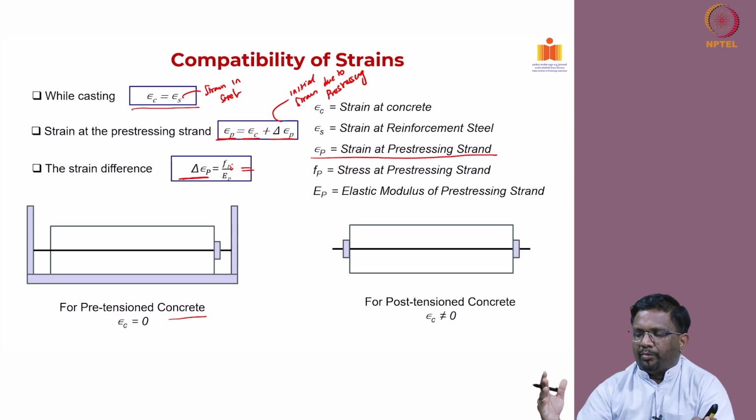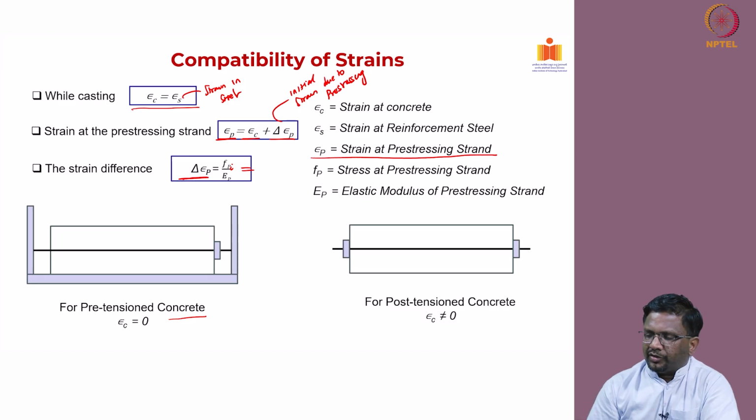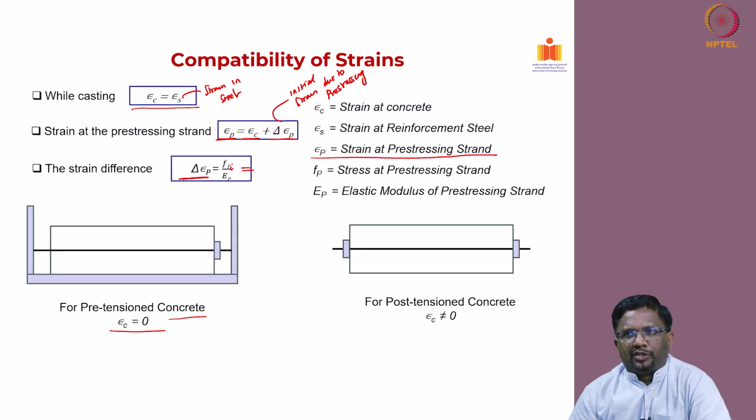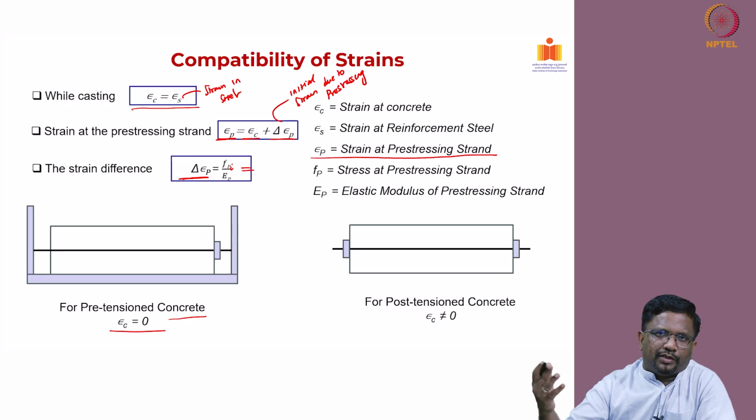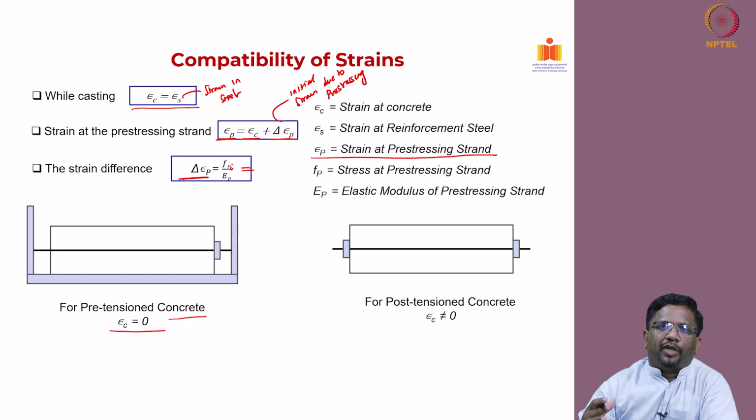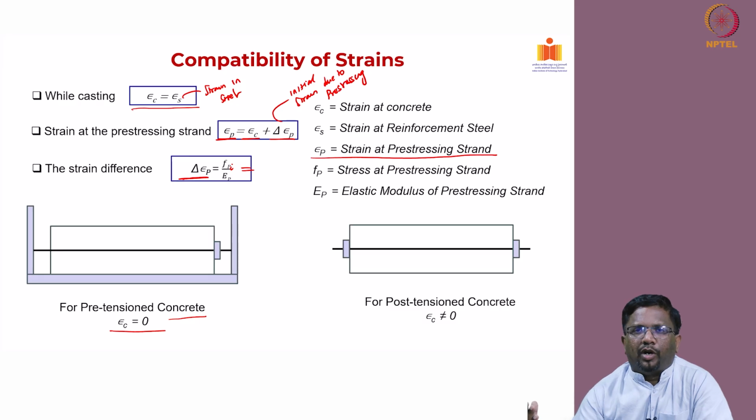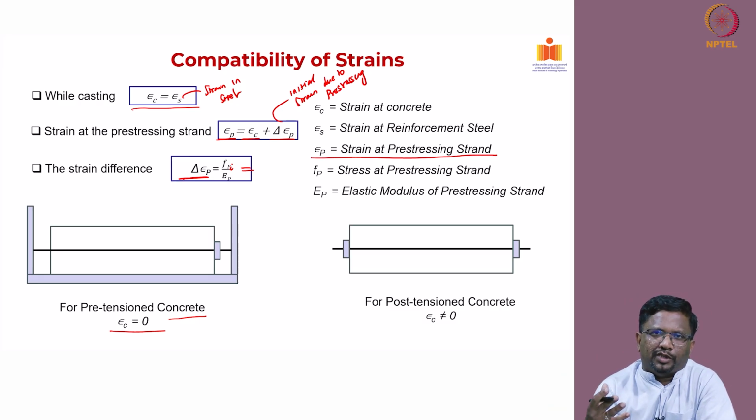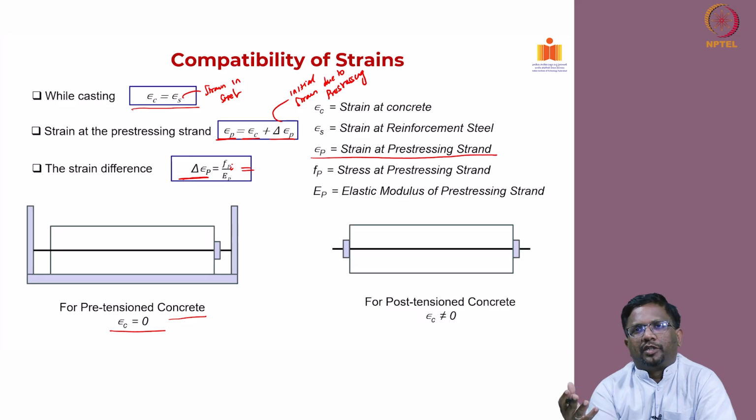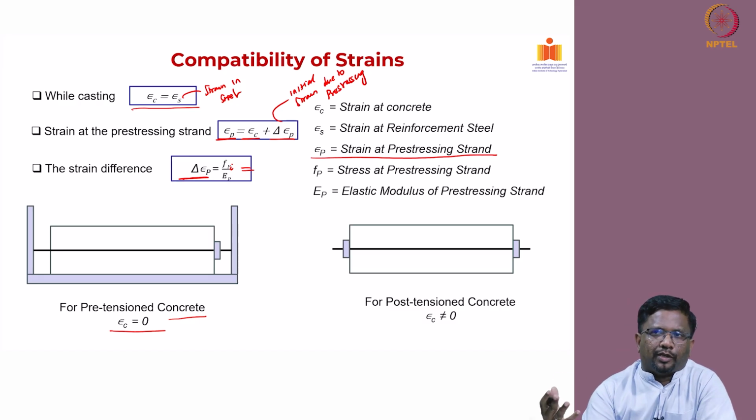So, at that time both of them undergo the same strain when you transfer the stress. So, the initial strain at the time of transfer is going to be 0 in pre-tension concrete. However, in post-tension concrete, you can see that the concrete element may be cast somewhere else, right, and the stressing will be happening at a later point of time, or maybe some low level of initial stressing may be done initially,